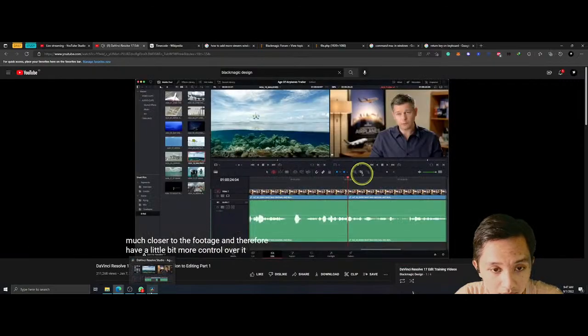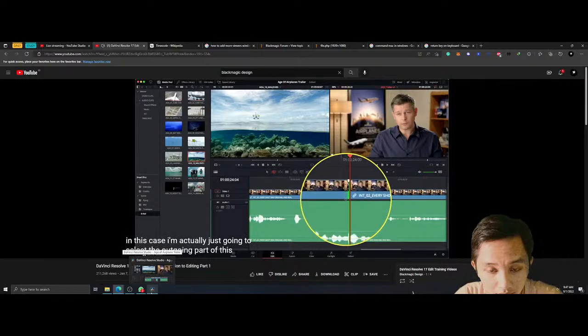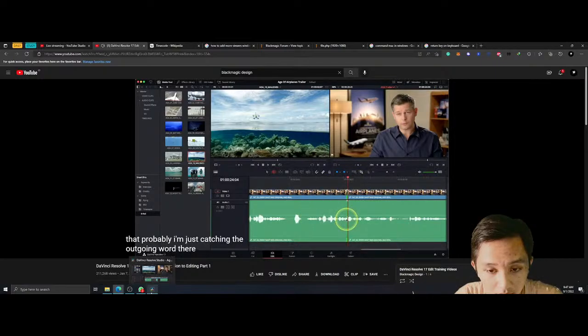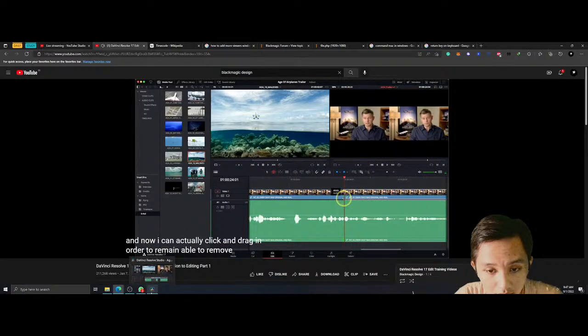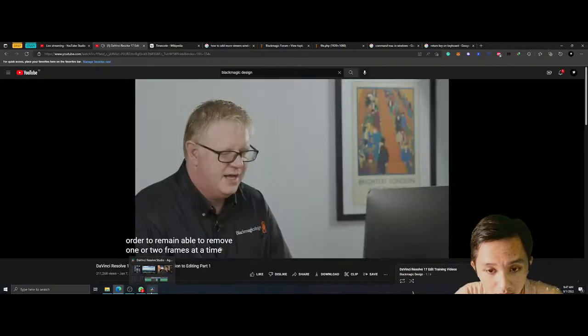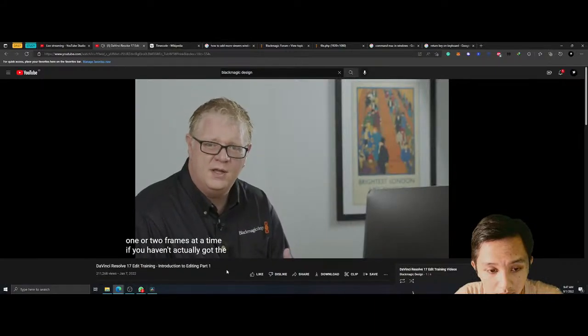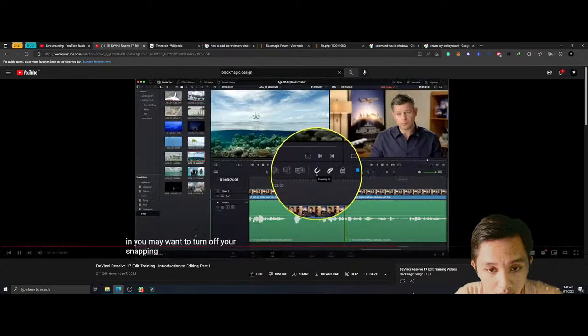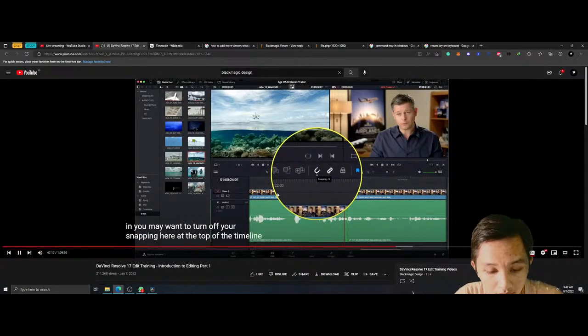In this case, I'm actually just going to select the outgoing part of this clip here where the waveform shows me that probably I'm just catching the outgoing word there. And now I can actually click and drag in order to be able to remove 1 or 2 frames at a time. If you haven't actually got the level of control that you're interested in, you may want to turn off your snapping here at the top of the timeline. Keyboard shortcut N is always worth remembering because you can always